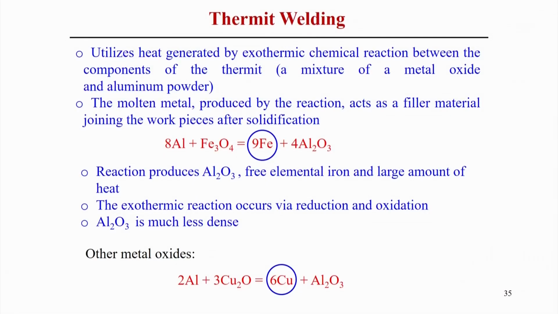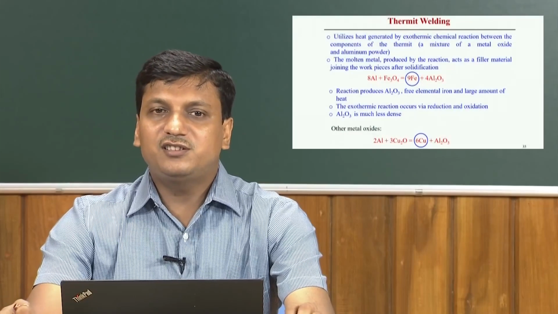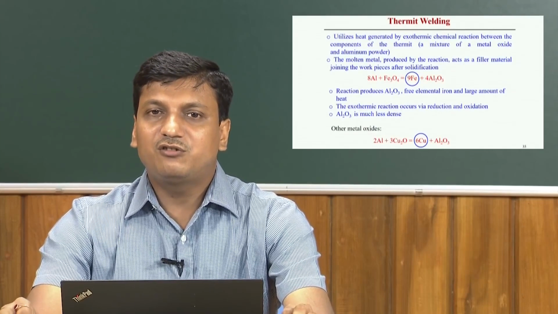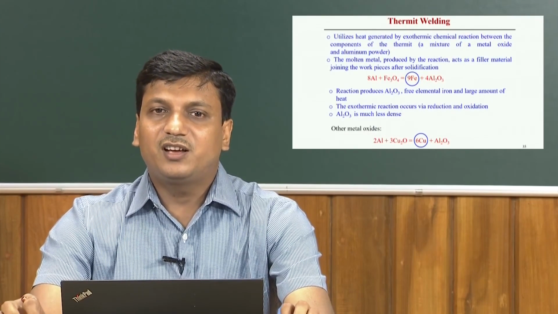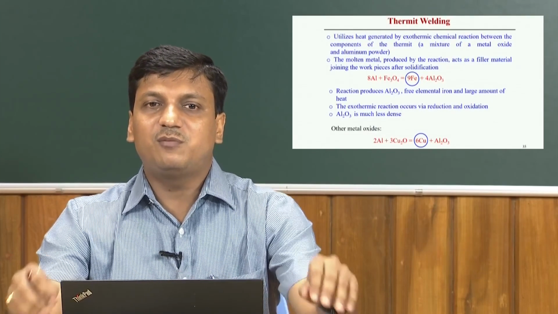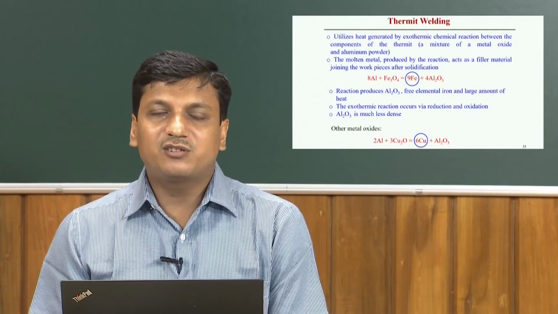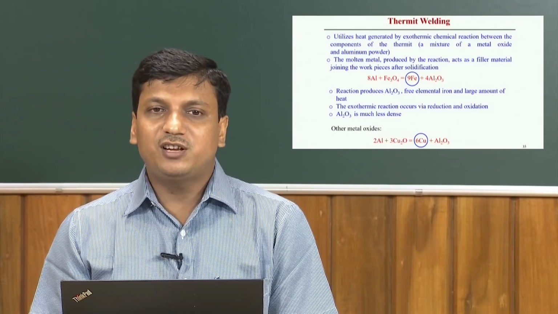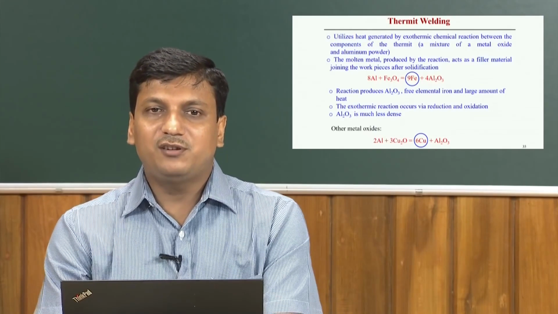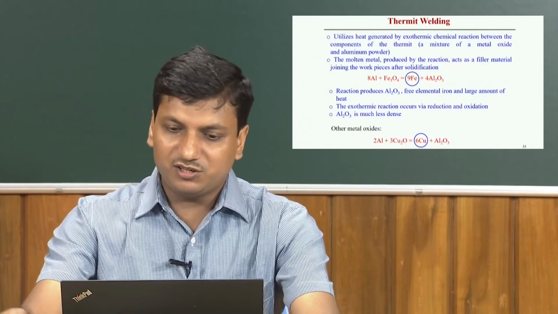Now, the other type of welding process is called the thermite welding process, where a chemical source is used as the source of heat. Basically, the generation of heat is mainly controlled by the exothermic chemical reaction between the components of the thermite. Thermite can be defined as a mixture of metal oxides and aluminum powder. We can look into an example. For example, if you look into this equation,